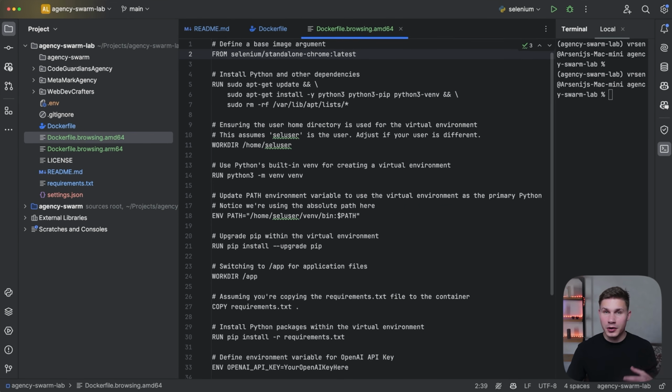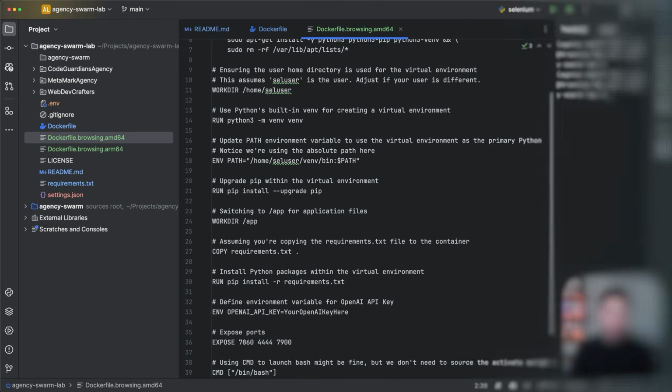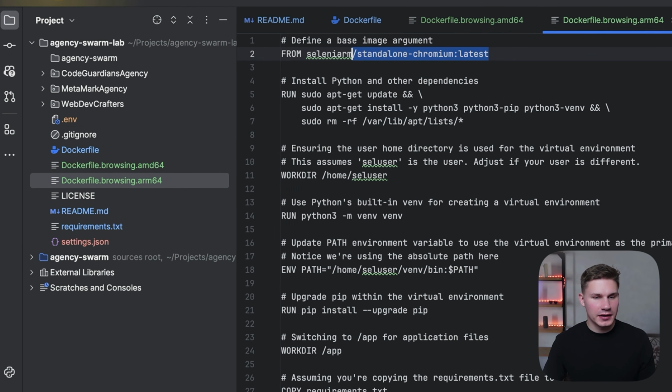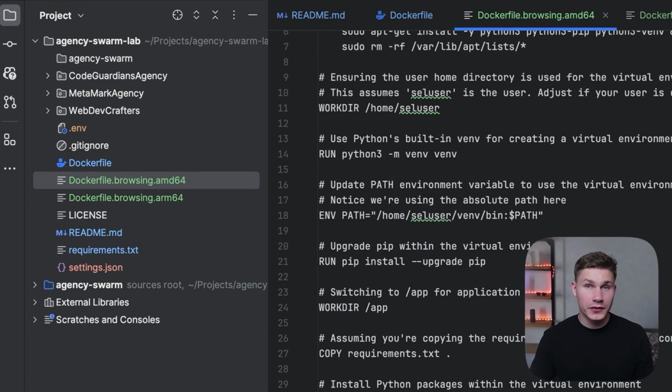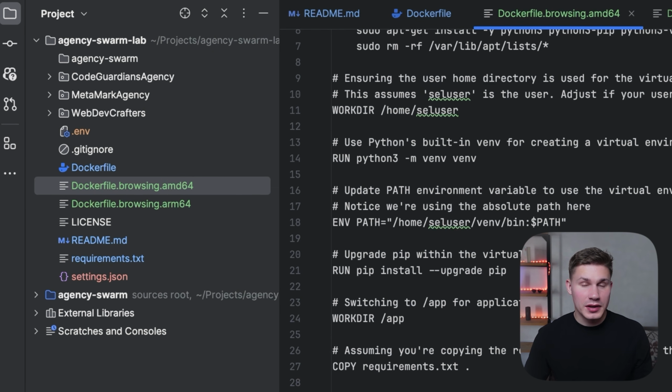However, for use cases where web browsing is required, like the one we're gonna do now, you do have to build a slightly different container. This container does take a bit more time to build because it installs Selenium and a Chrome browser. You will find 2 versions of the container that installs Selenium. Both of them are named dockerfile.browsing, and then the last part of the name is the type of the system